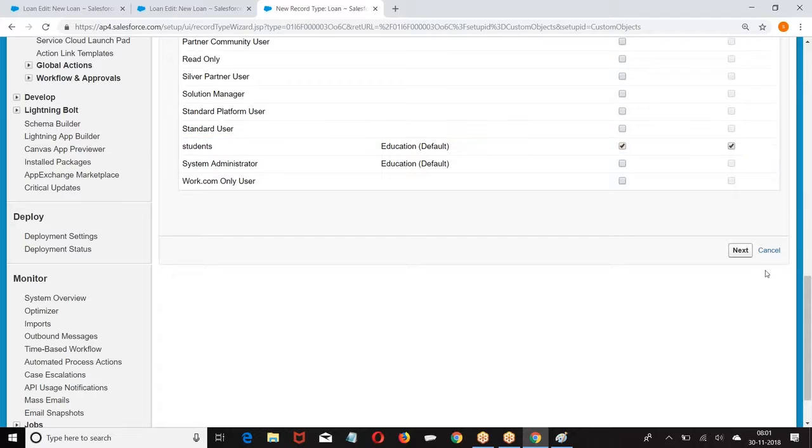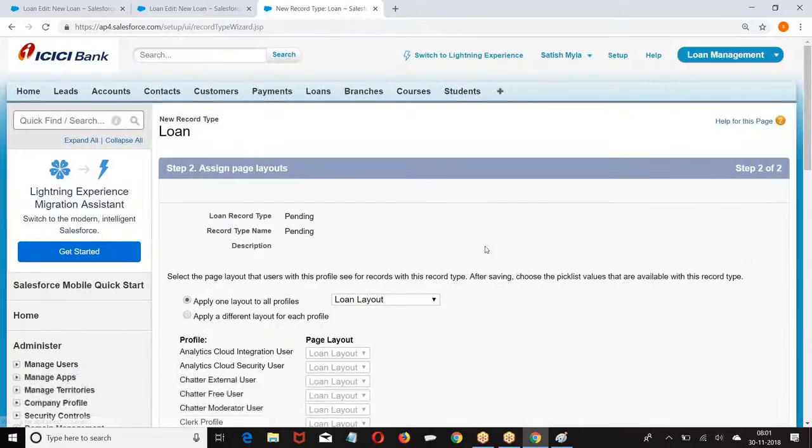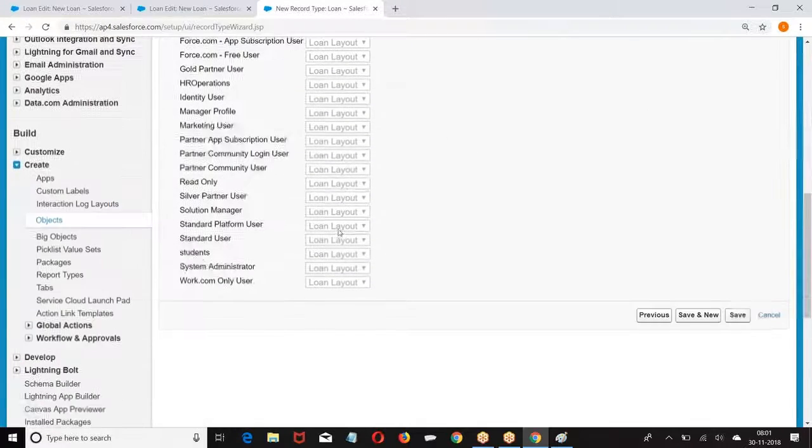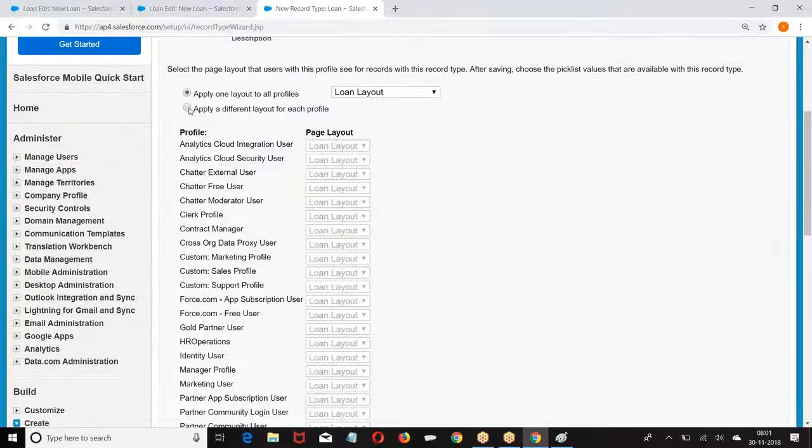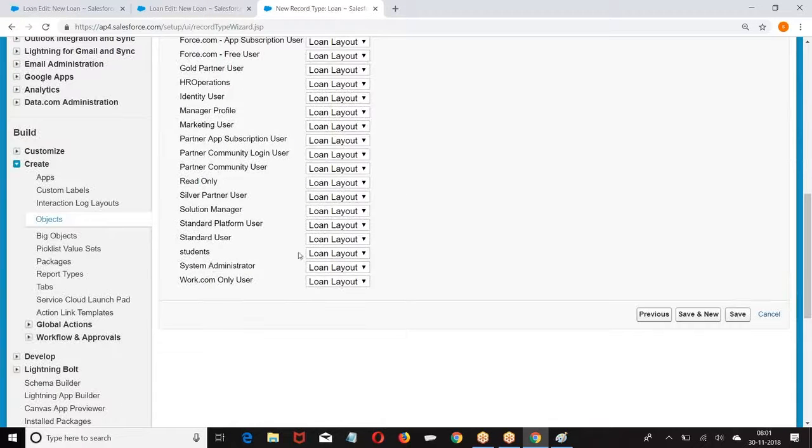Student default. And what is the layout we are taking? I am trying to create a pending layout.